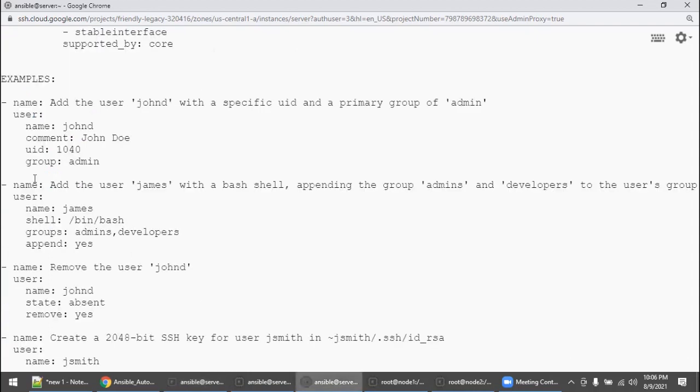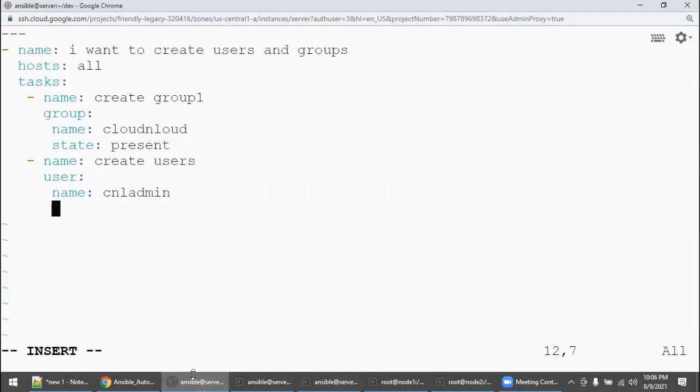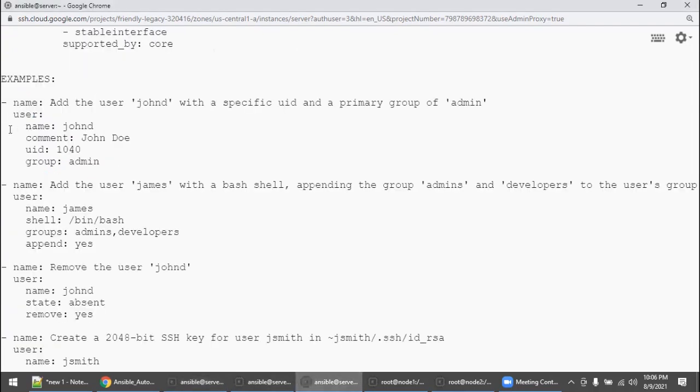And next, what you need to do? Comment. Who is that? He is the warrior, or he is the fighter, right? To make it very meaningful, he is the system admin, right? Then what is the example saying? User ID: if you want, you can specifically give it, or the system will automatically pick up the next available user ID.